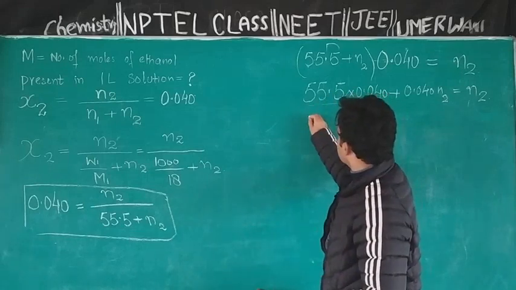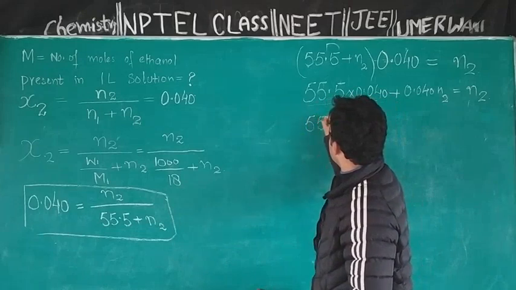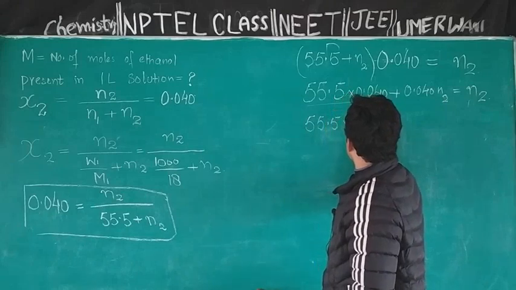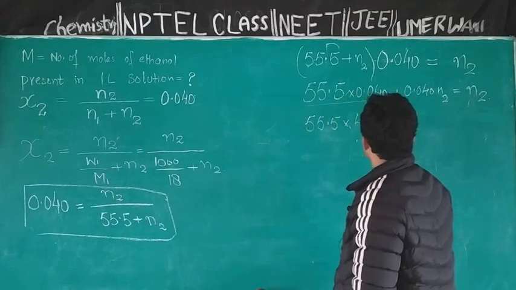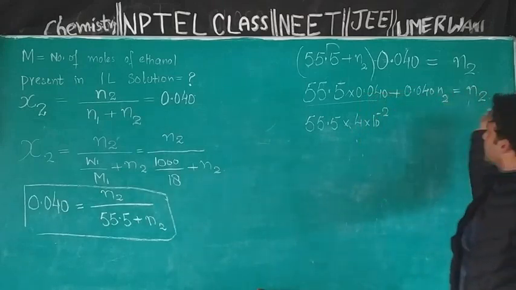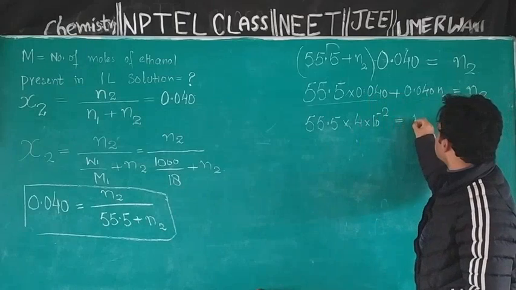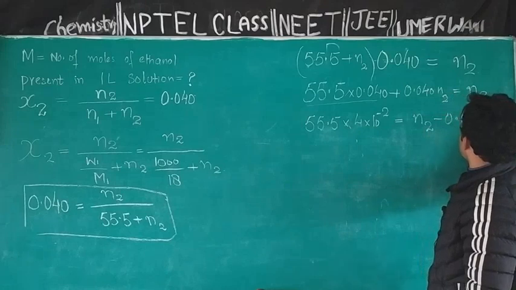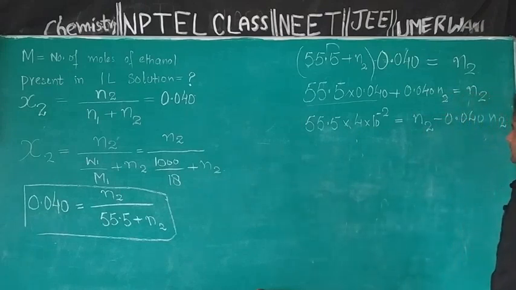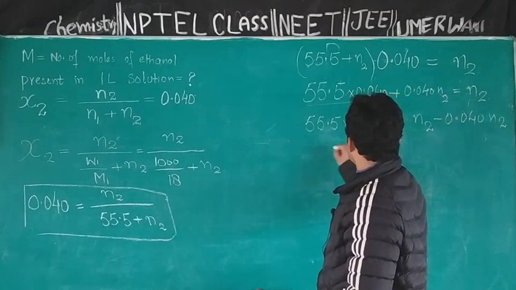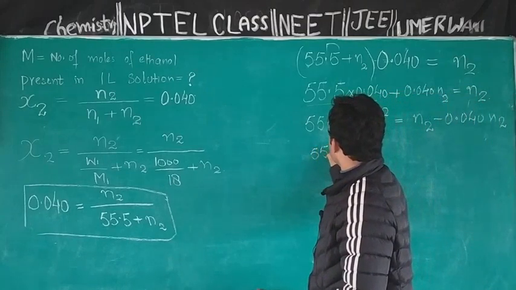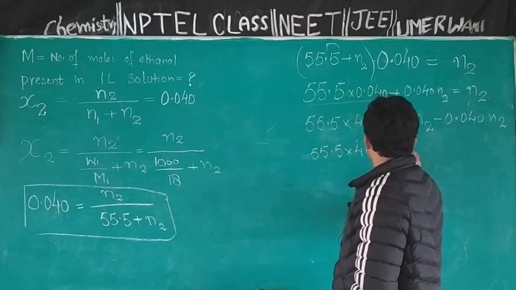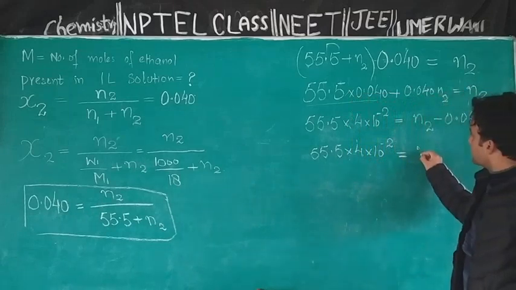or I can solve it here. It is equal to 55.5 multiplied by 4 into 10 raised to power minus 2, and I will take 0.040 N2 here in LHS side. It will change its sign and will become negative, minus 0.040 N2. 55.5 multiplied by 4 multiplied by 10 raised to power minus 2 is equal to, I will take N2 common,